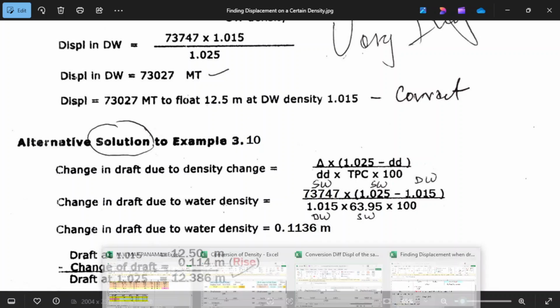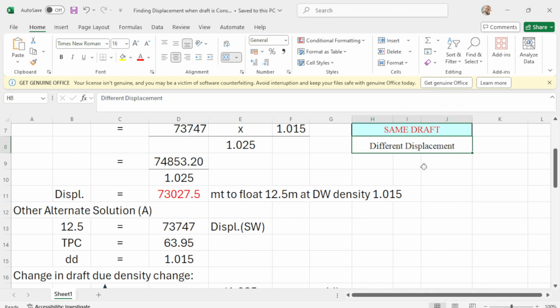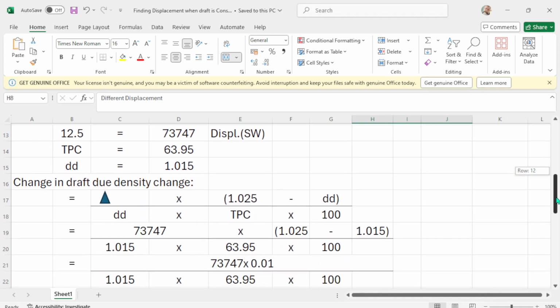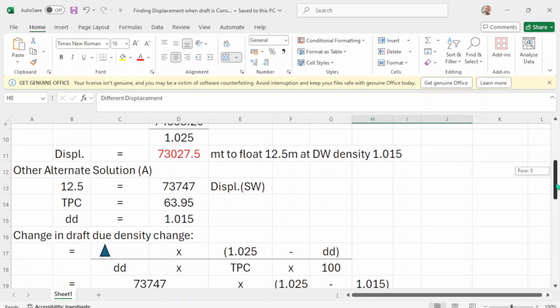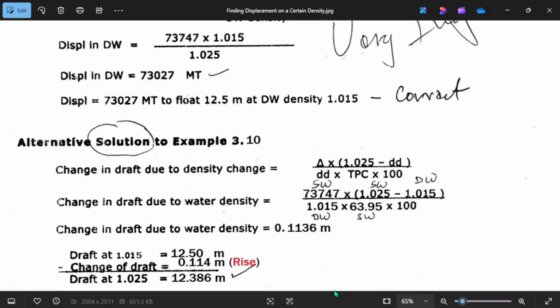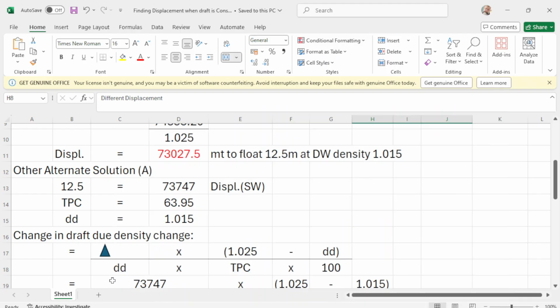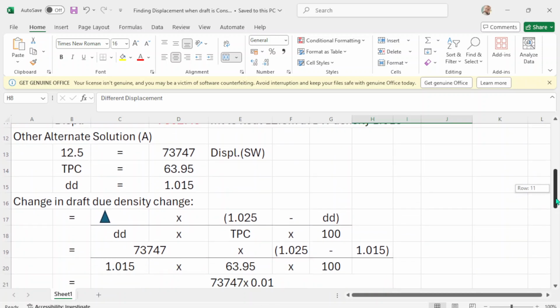And according to my Excel form, this is the formula: displacement times 1.025 salt water density minus the dock water density, over the new density times the TPC, 63.95, times 100. So you continue with the transposition.